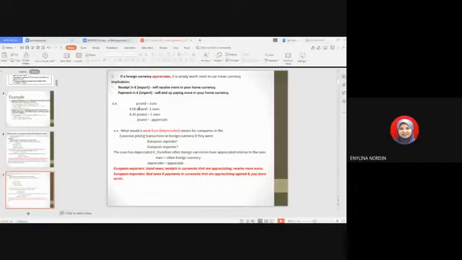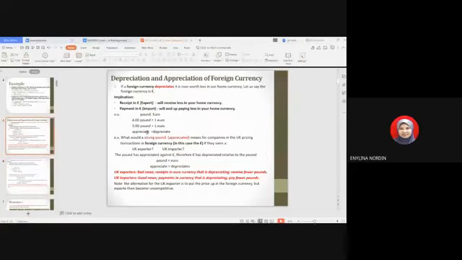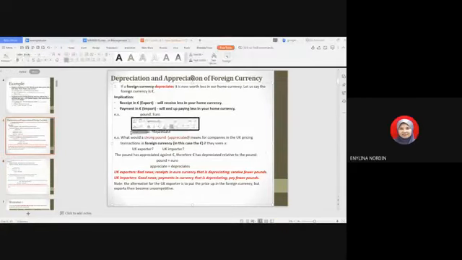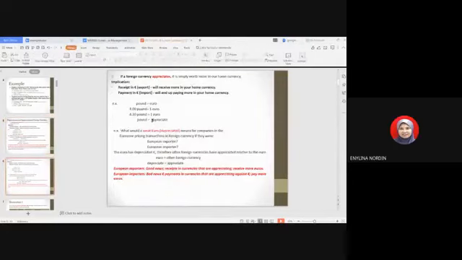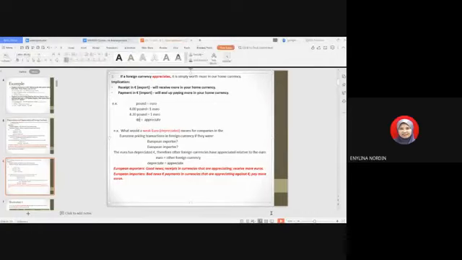Okay, so this is a simple example to show appreciation and depreciation. Just previously, what we mentioned, when the foreign currency depreciates, that means our home currency is appreciating. But what happens if the foreign currency appreciates? That means our currency is depreciating. Okay, understand? I hope you understand, right? Then another example, what would a weak euro